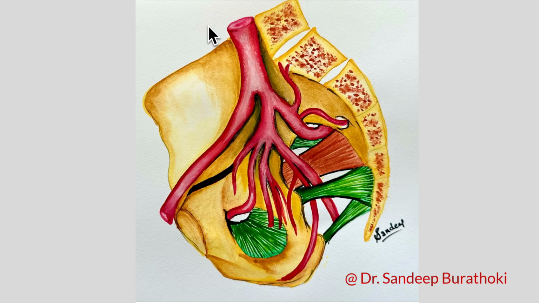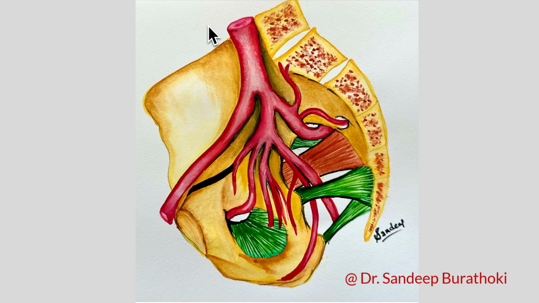This posterior trunk gives rise to three arteries. This is the iliolumbar artery. This is the first branch arising from the posterior trunk that supplies the iliacus muscle, the psoas muscle and ilium. And the second branch is the lateral sacral artery, which enters through the sacral neuroforamina and supplies the sacral nerve